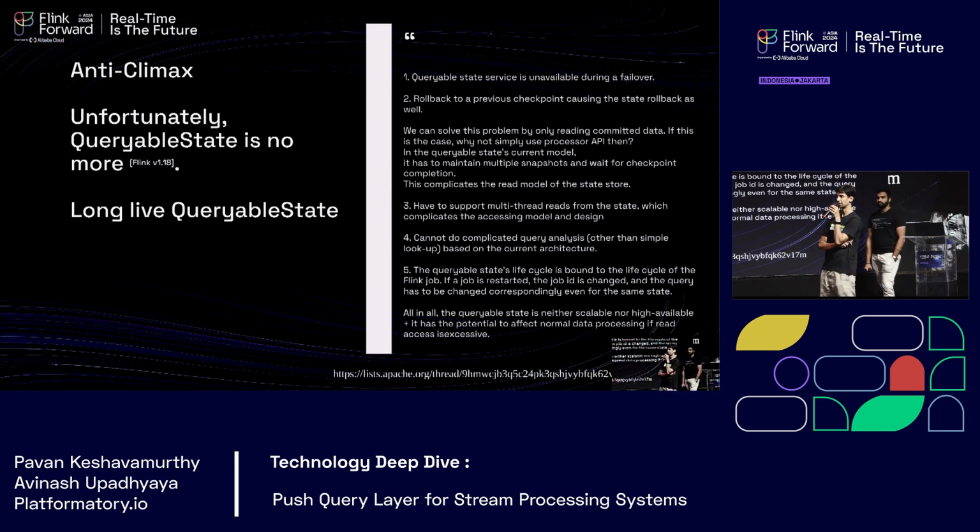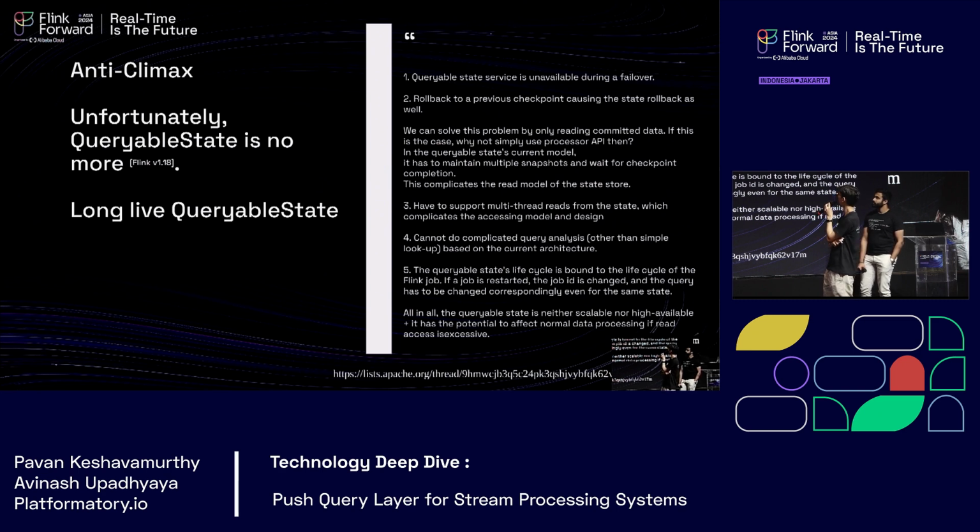There are many reasons why queryable state is going away. The first is the query service can become unavailable, especially if you're doing a failover or a transition. Secondly, there are many problems related to rollbacks and checkpoint maintenance.